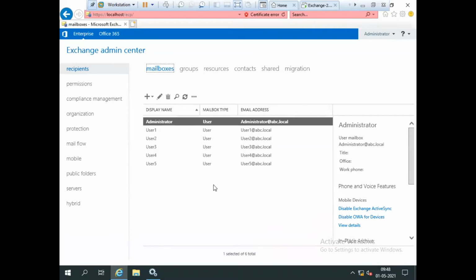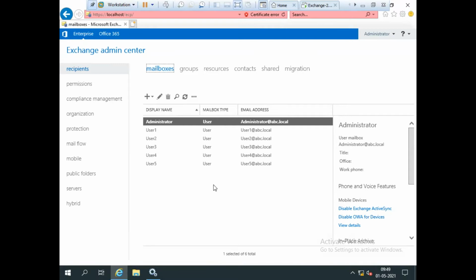Now, to give you an example, imagine in my company I have an HR team, and in the HR team I have five HR employees. I want to give them a common mailbox, so that all those five users are able to access it. In that case, we can use a shared mailbox. Or if you have a sales team, a finance team, or a marketing team with 5 to 6 employees who all need to access the same mailbox, we can use a shared mailbox.